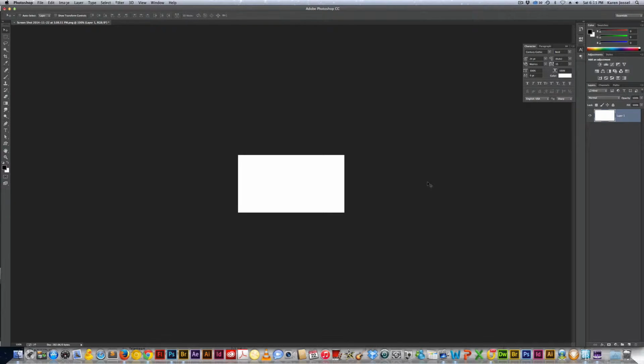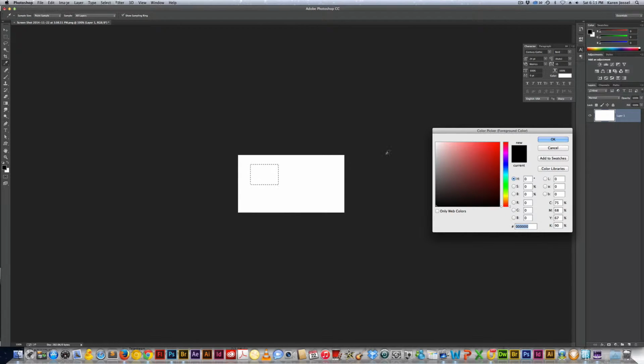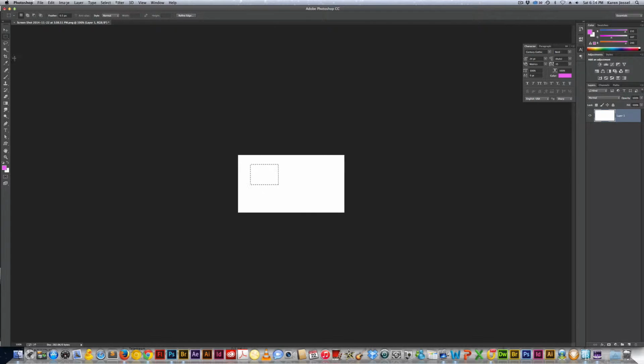This is a very quick lesson on how to add and take away from selections. I went up here and I picked the marquee tool, and I'm going to make a rectangle. I've got black in here. I'm going to click it so the color picker comes up, and I pick kind of a magenta, and then I'm going to move my cursor into here and get a lighter pink, and then I'm going to go get